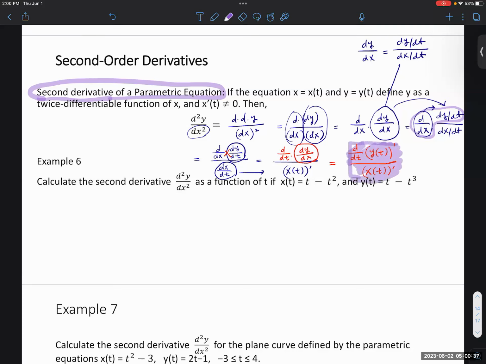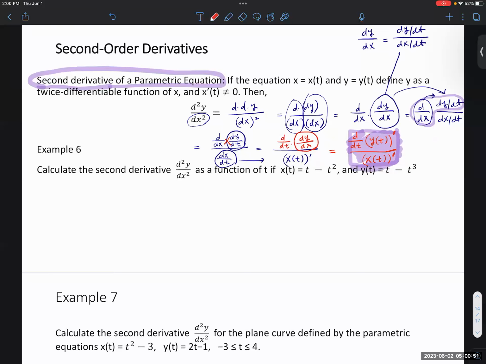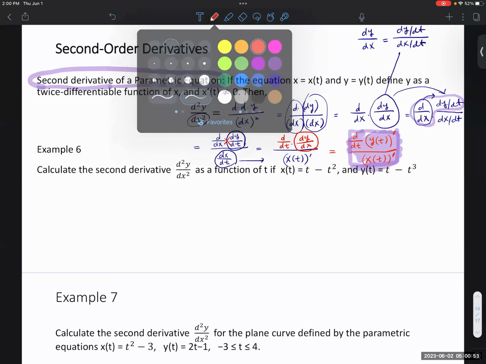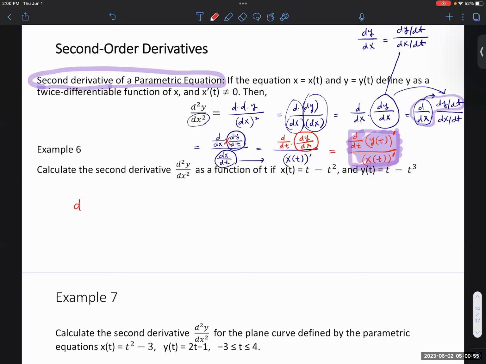Okay, so this is the formula of the second derivative of the parametric equation. The textbook actually shows you what the formula is, so you don't need to prove it like what I did here. You don't need to worry about that. Just remember, I'm going to write it. Second derivative